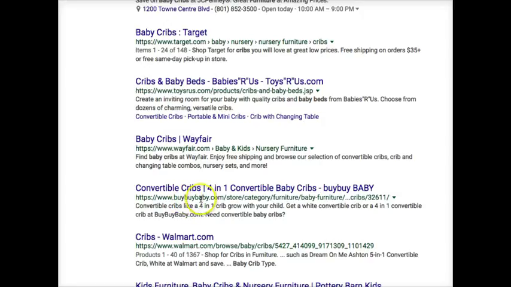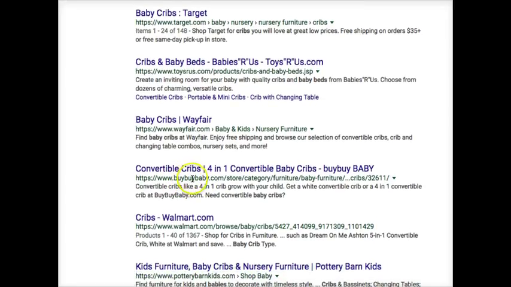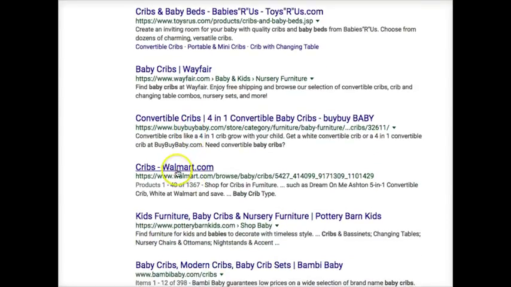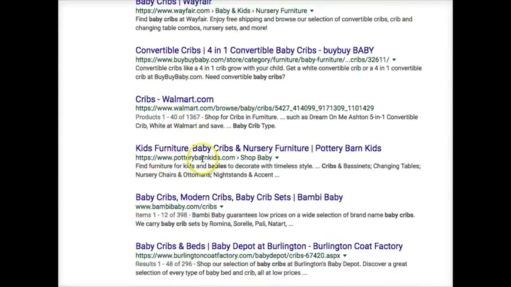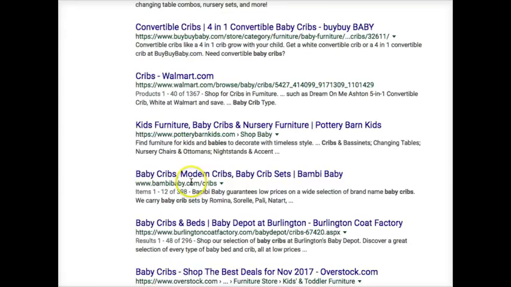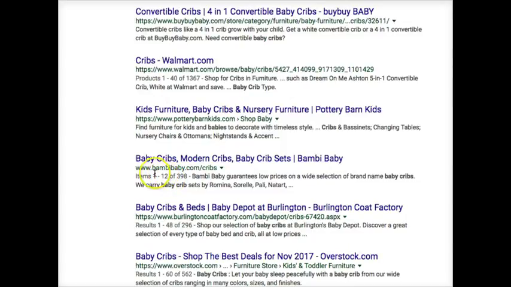Bye Bye Baby, a little less known name perhaps, is #4. And then Walmart's down here with #5. PotteryBarnKids.com with #6. BambiBaby.com is #7. Now, this is where we might be able to compete with something like this.